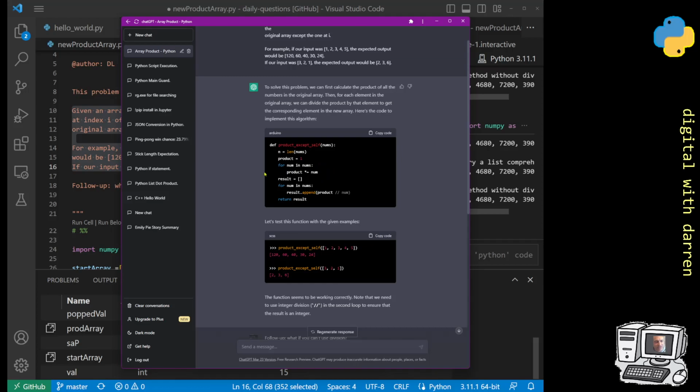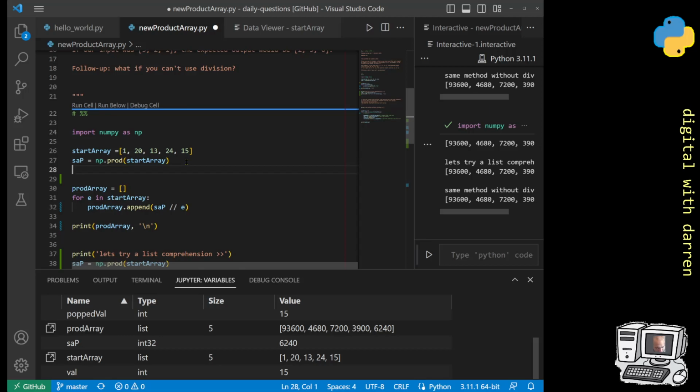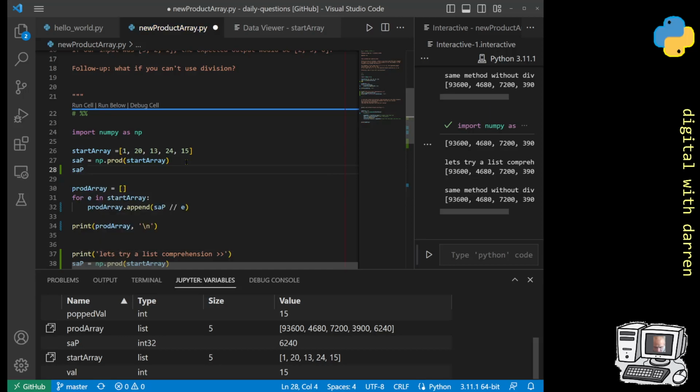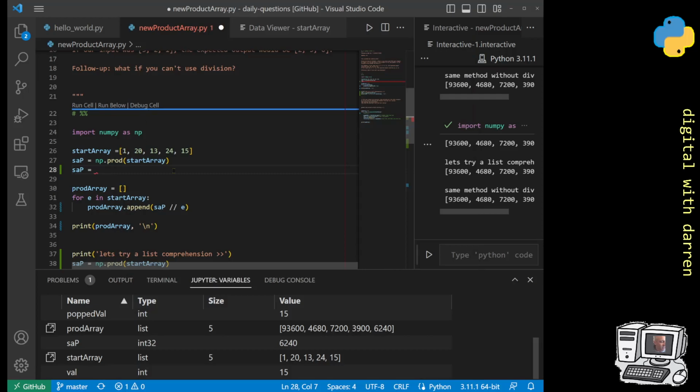So I didn't have to do over here np.prod, but I could have done so, SAP, and maybe I'll do that in the start, but SAP is equal to, and then I guess it would be, right. Okay, I'd have to do for num in nums. That's what I'd have to do, or